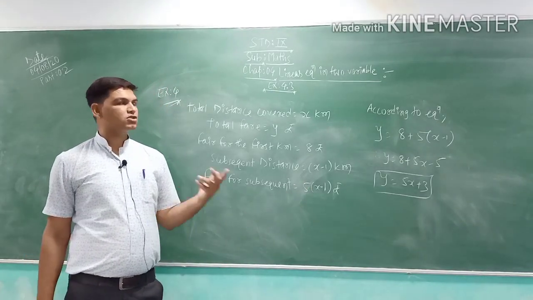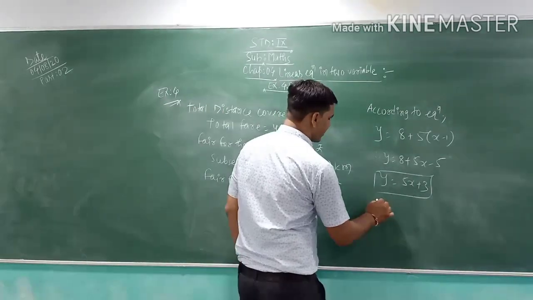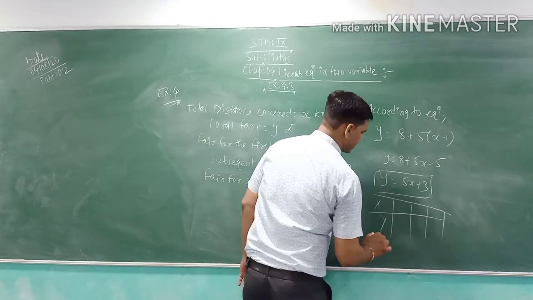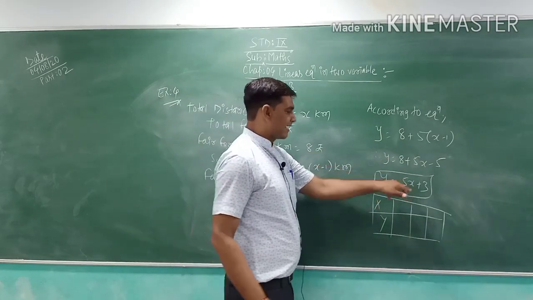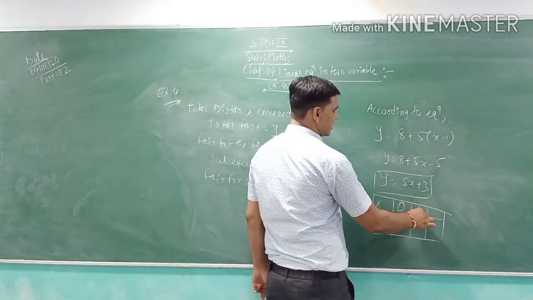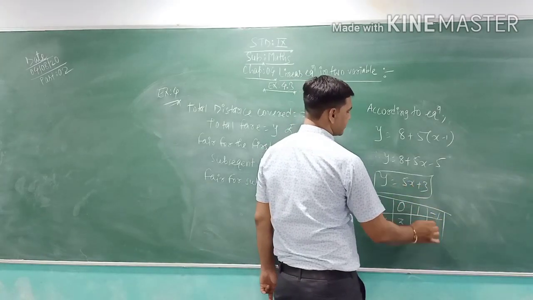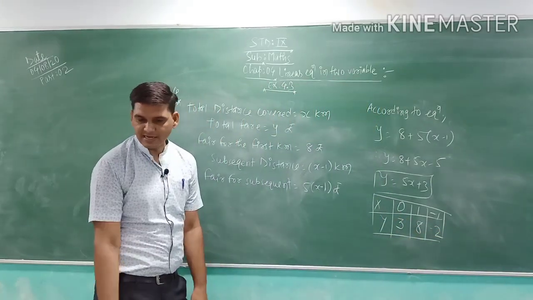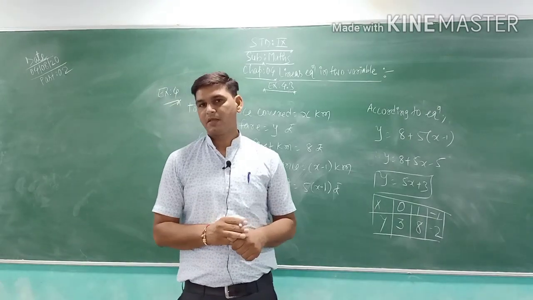Now we have to find out the solution set. We need to find the solution set x and y. So I have to find the solution set, draw the graph, and use this formation of x and y. Now if I take x equal to 0, 5 into 0, 0 plus 3, y is equal to 3. X equal to 1, 5 into 1 plus 3, 8. X equal to minus 1, minus 5 plus 3, minus 2. So you get the solution set of x and y easily.